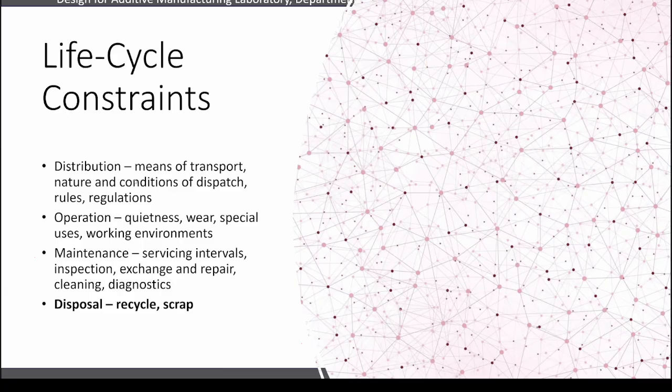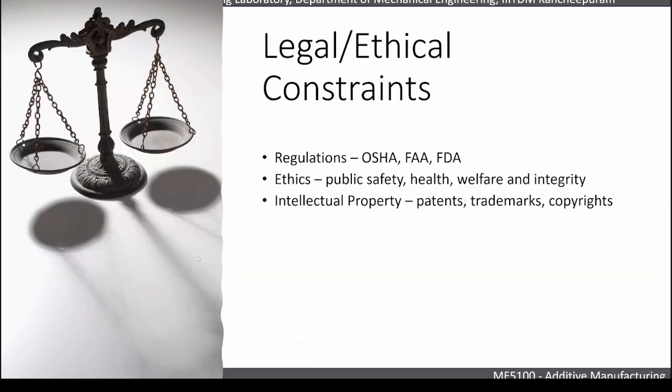So talking about distribution, operation, maintenance, right? For example, wear and tear of the components, right? So how long that product is durable, the durability aspects of that, right? So legal, I already talked about legal regulation constraints, like OSHA for safety operations in the production process, because